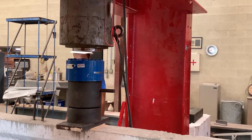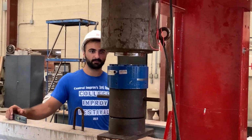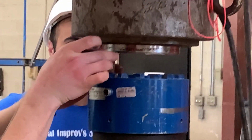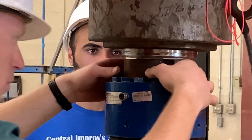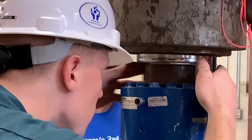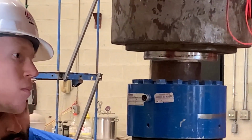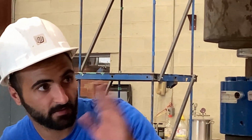Yeah, we're often limited by the capacity of our overhead crane or the largest hydraulic cylinder that we have. But even then, we can use what we know about leverage and mechanics to increase the capacity of our hydraulics by using a lever arm or whatever, as long as we can fabricate the pieces that we need. And what you all do is so important to infrastructure projects,